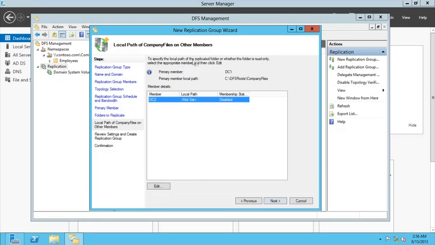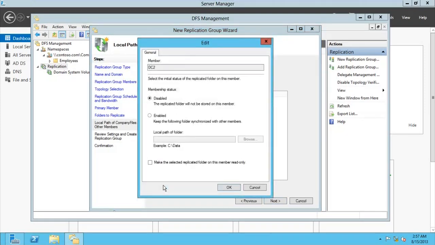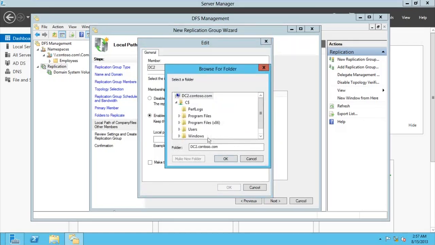To specify the local path of the replicated folder, or whether the folder is read-only, select the appropriate member and then click edit. This is the member, and then we have to select the path. If not, it won't be stored on the server. So go for edit. Okay, enable, and then go for browse. So we want it to be stored under